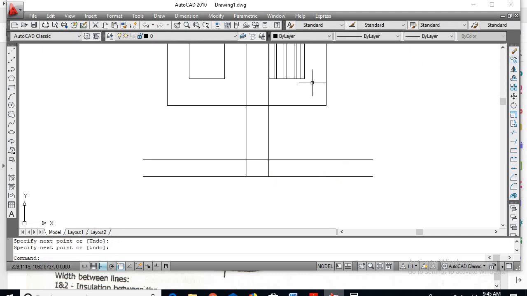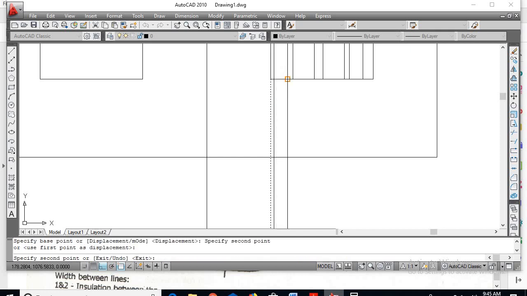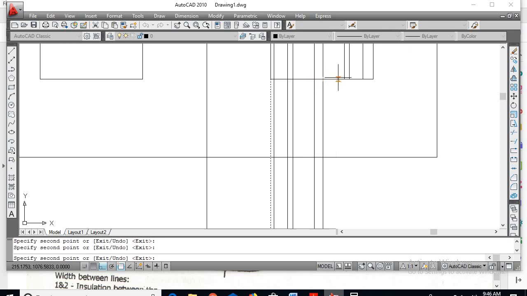Next go for copy, select this, enter, select the base point. Copy, select this, enter, select the base point here. So I'll extend the windings we have drawn here to the plan part.